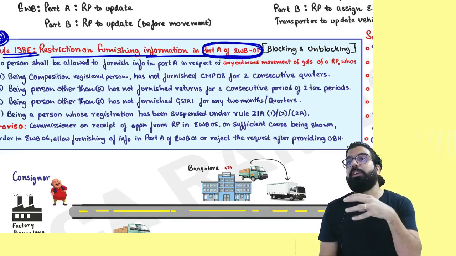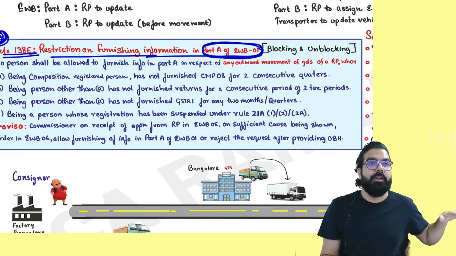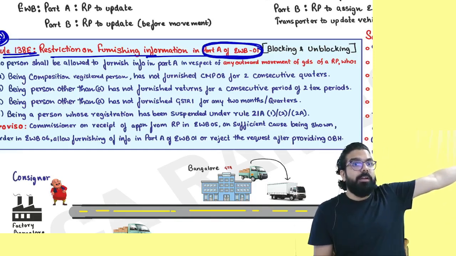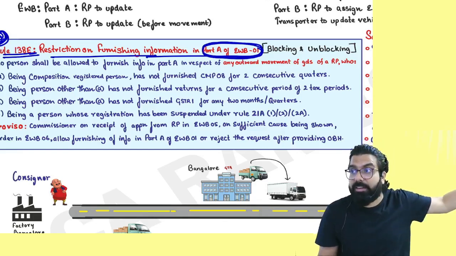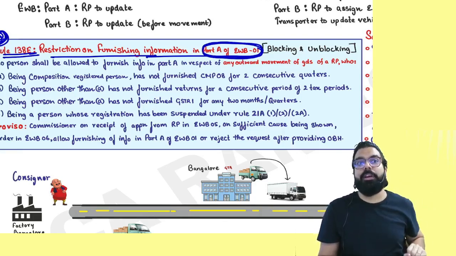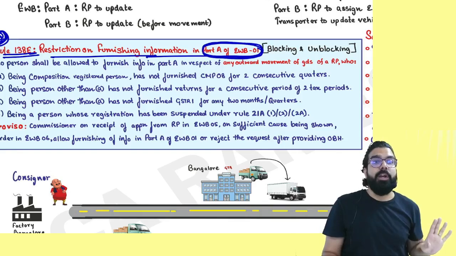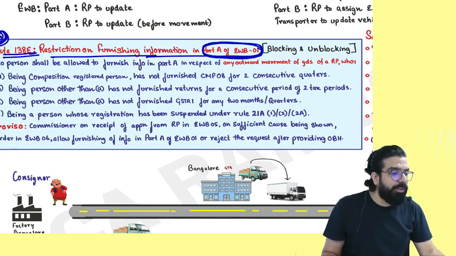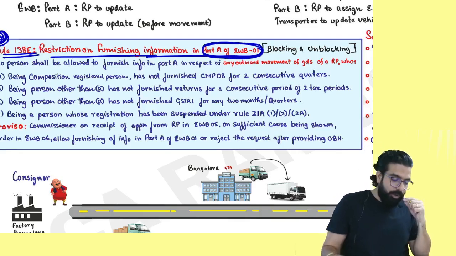It means if you want to generate your e-way bill, your name cannot be shown as the seller. Sir, he is buying from me. I cannot generate. Can he generate? When the recipient is generating, he will put you as the seller. He will not be able to generate the e-way bill. Sir, I want to generate and send. You also can't generate and send. Remember, no one will be able to generate your e-way bill as the seller when you have done this default.